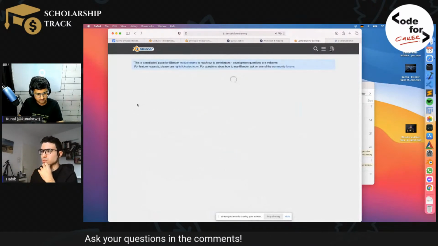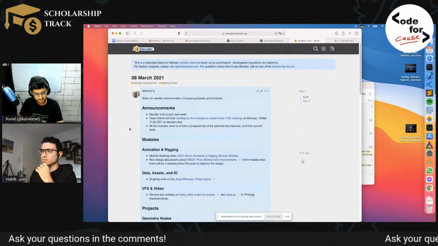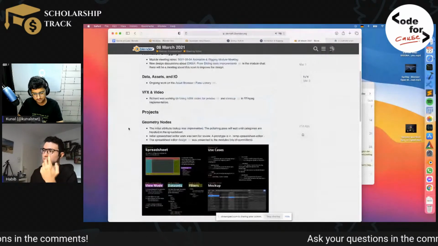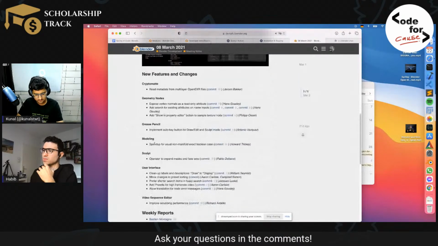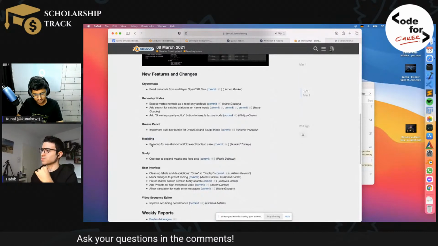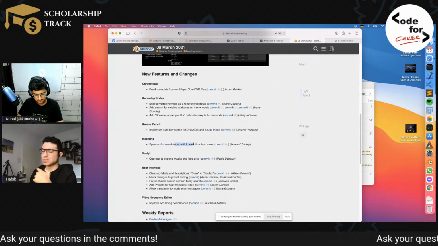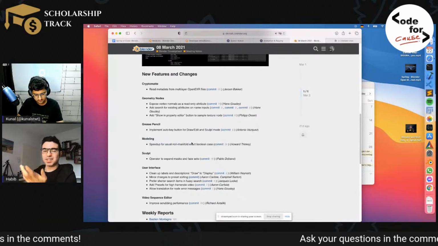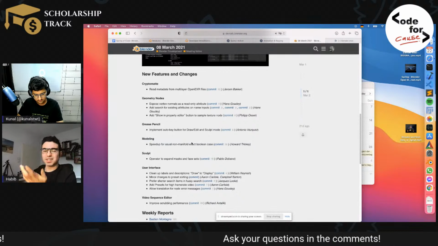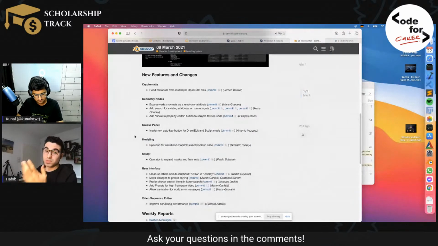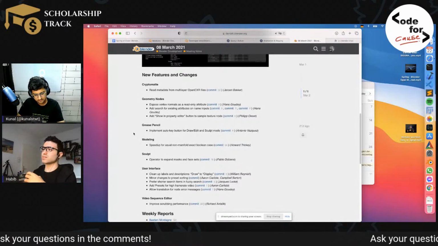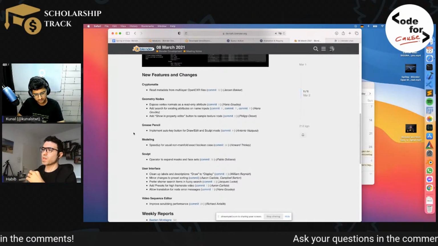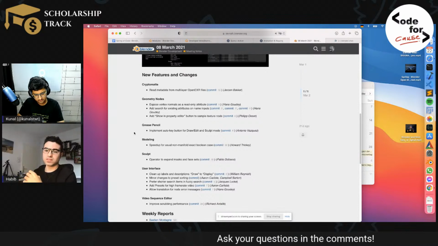I guess if we go to another week, like the week before, we can see geometry nodes. It has some updates, but here we see modeling. We didn't see it in the last week. So I feel it's a very good way to follow along with what's going on here. And if you follow along, then you can have a better idea of what's going on. And if you have a better idea of what's going on, then you can find the task for yourself much more easily.